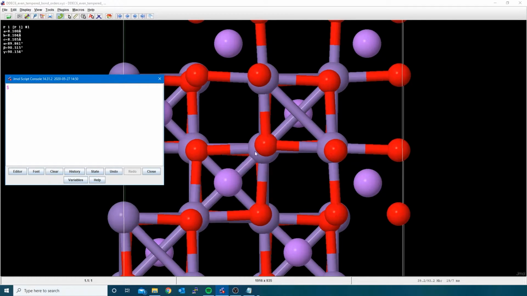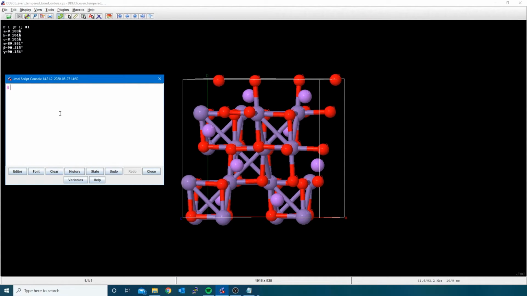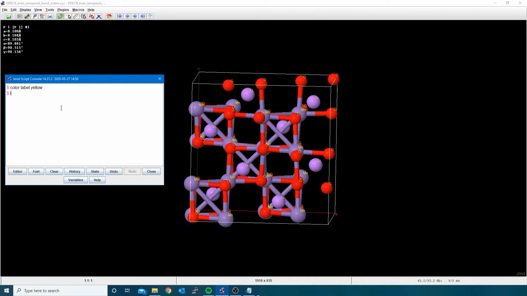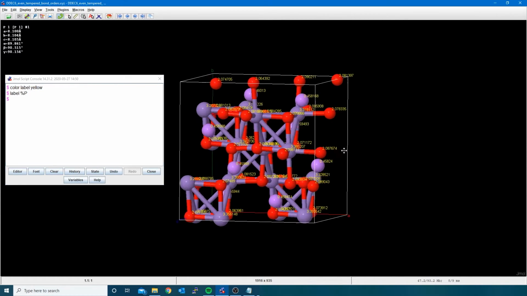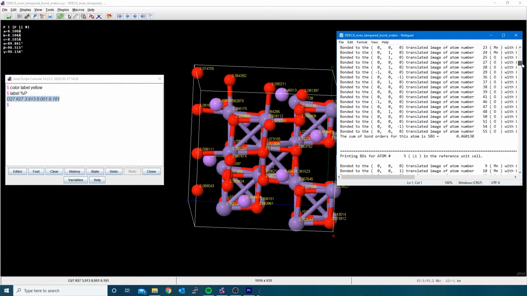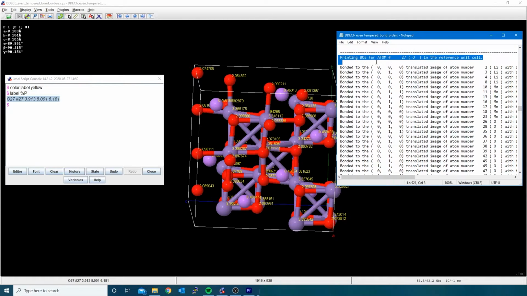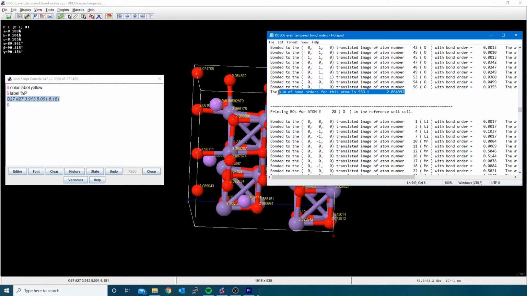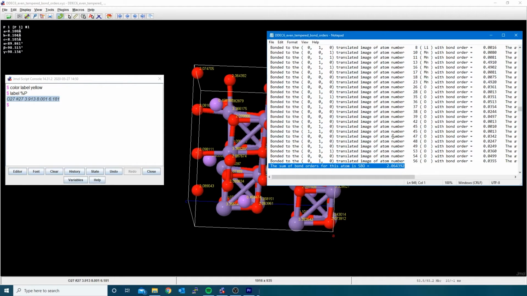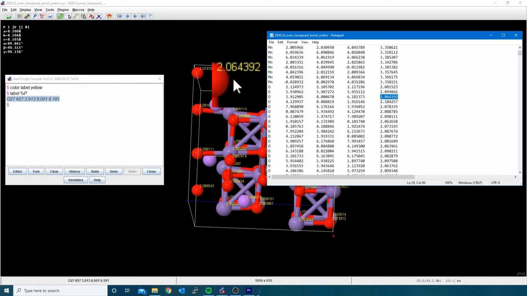Now, I chose for the symbol to appear as a label, but once again, it is not distinguishable, so we need to change the color. Then, we display the SBO for the atoms. This number can be found here in the output file. You can also find it in the first part of the file, although it is harder as you cannot see the atom number.